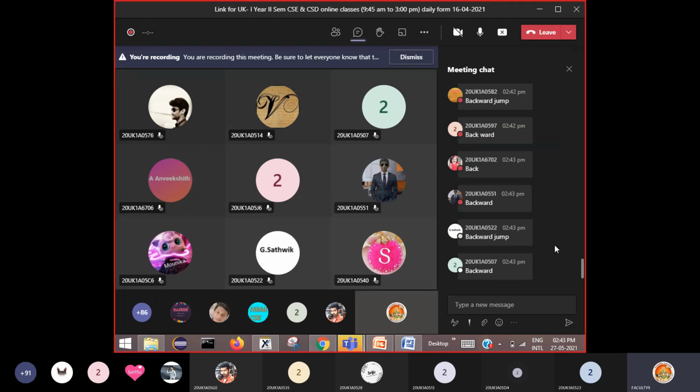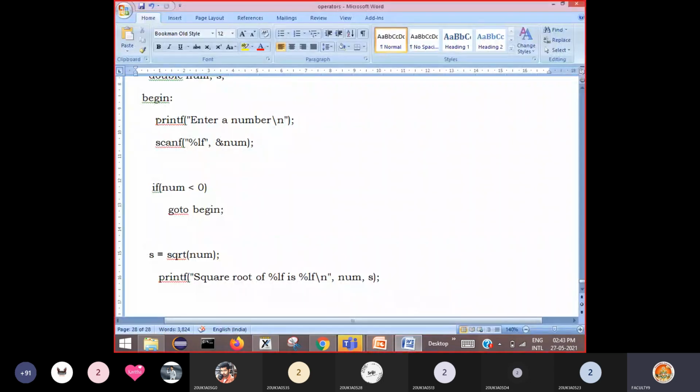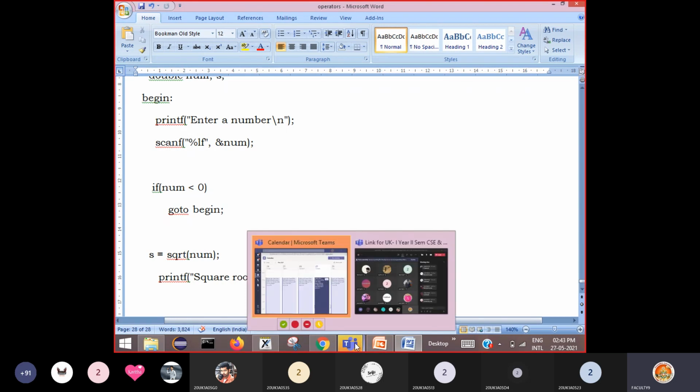Okay, good. So even though we are jumping backwards and repeating a set of statements here, the first time these statements are executed. If we enter a negative number, again it goes back and repeatedly executes these statements. Once the condition is false, then you will come to this statement. You are not going back again. So this is how you can implement a backward jump or forward jump in our program.